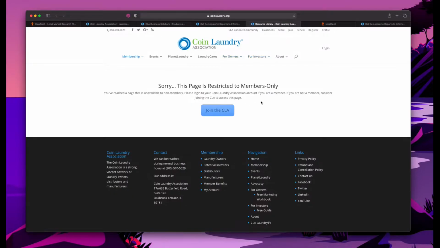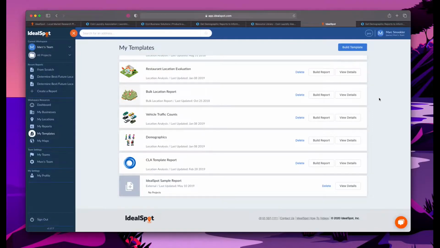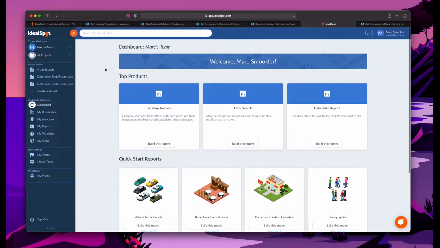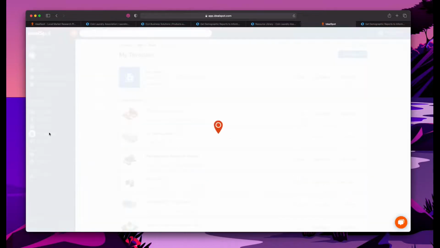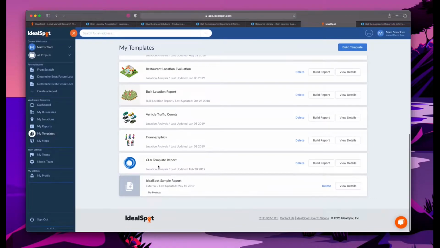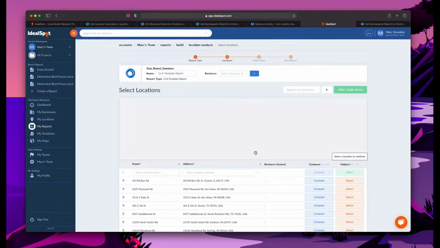Right now I'm not logged in to CLA, but you either join CLA or you're logged into CLA. And then once you create an account or you log into your account, you'll drop into your IdealSpot platform page. Once you get here, for this demo, I'm going to click on my templates here, and I'm going to scroll down, and you see the CLA template report. I'm going to click on build a report here,